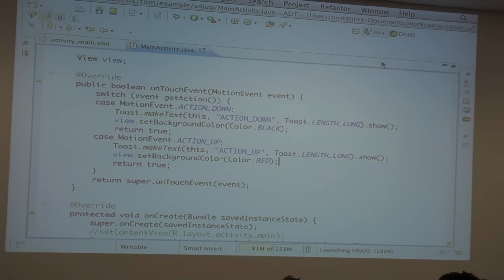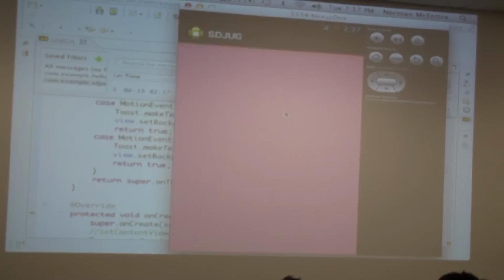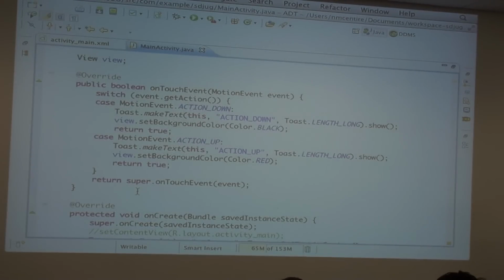So I'll be able to say, well, I start with a red, and as I come up here with the red, I will touch my screen. So here's my red. I touch the screen, it goes black. I release, it goes red. So I've got this feedback, red, black, red, black. But, you know, it would really be nice if we put some